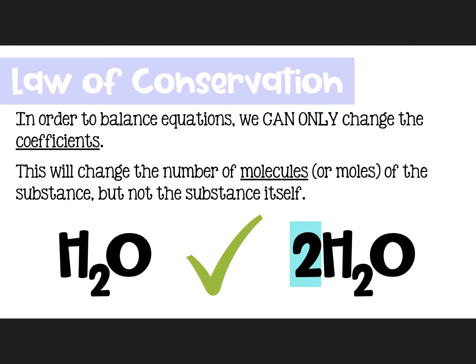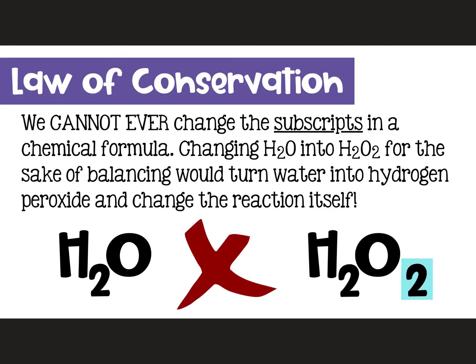This changes the number of molecules or moles of the substance, but not the substance itself. For example, we can change H2O to 2H2O. On the other hand, we cannot change the subscripts in a chemical formula. Changing H2O into H2O2 for the sake of balancing would turn water into hydrogen peroxide and would result in a